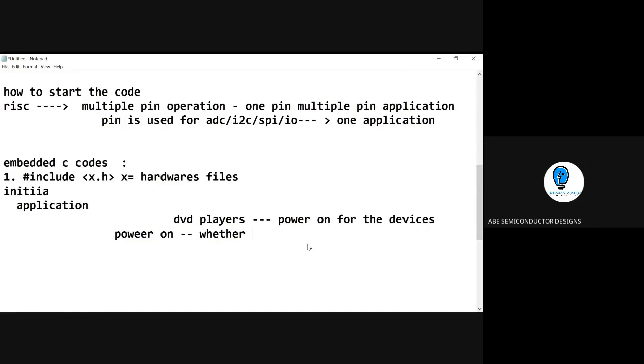What I told you in the previous session, it is a BSP. Whether the CD is there or not, this is the first step. So what happens if there is a CD? It plays back. Else it shows no CD or no disk. It shows no disk, and it will ask for your CD, and then you can play this.